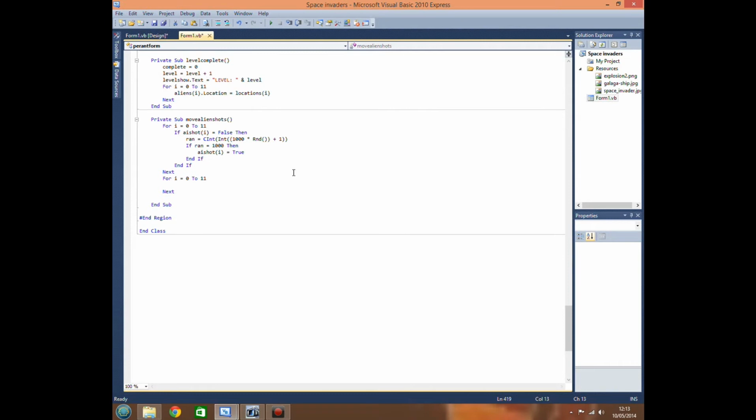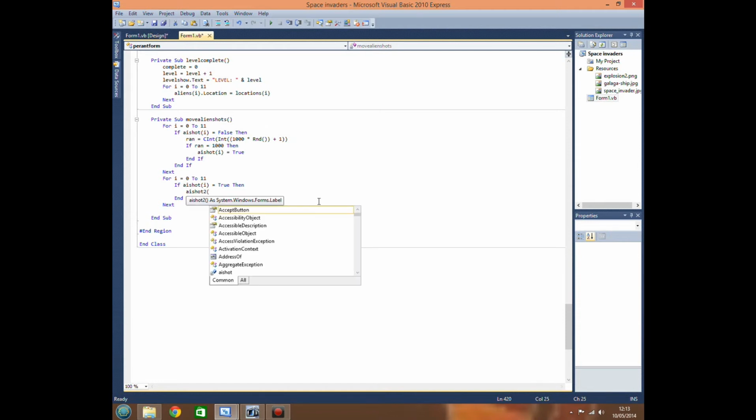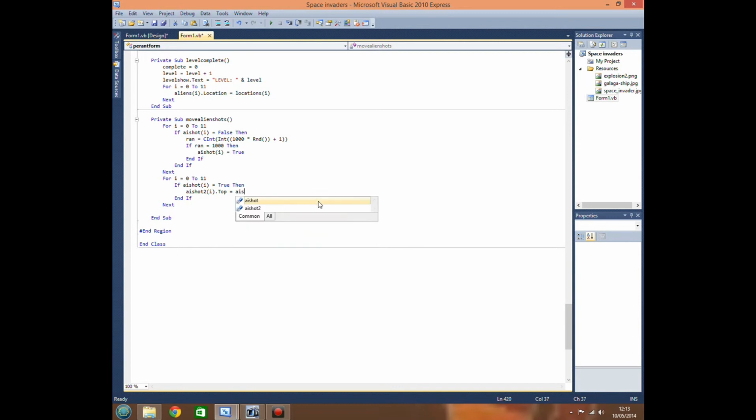I equals 0 to 11. And this part is actually going to move the shots downwards. So we want if AI shot I equals true, because obviously we want it to check if it should drop it first with this boolean. Then AI shot 2 I dot top equals AI shot 2 I dot top plus 3. Oops, forgetting to stick our array part in there. There we go. So now if we run our program,